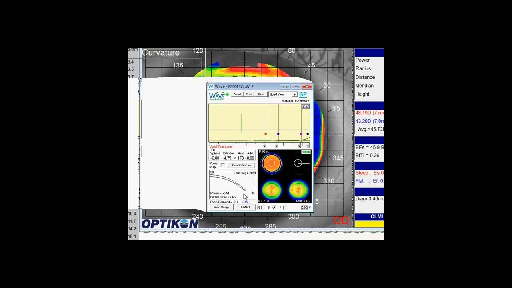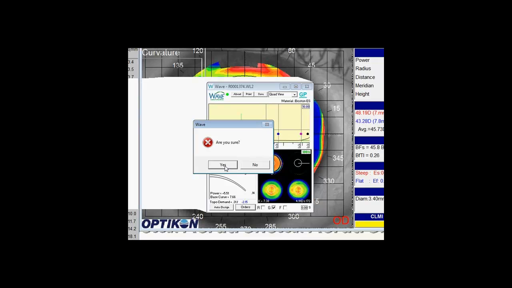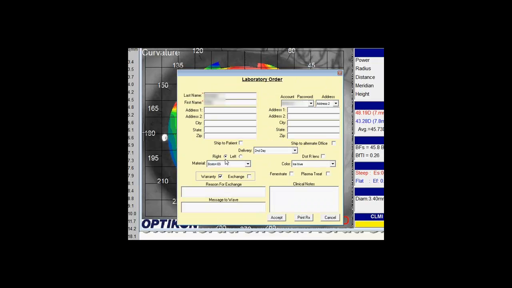And now once I have that saved, then I'm going to hit the order button, and this is going to actually bring up a screen that says, are you sure? I'll say yes, and it'll bring this screen up again, so if you wanted to make any changes again or just review everything is okay there. Then once you hit accept, it will display a message that your lens has been ordered, and that's all there is to it. So now we're going to go through a few other simple lens designs from start to